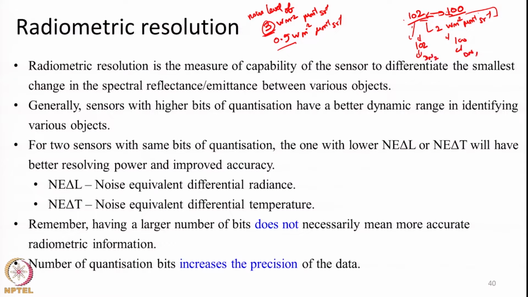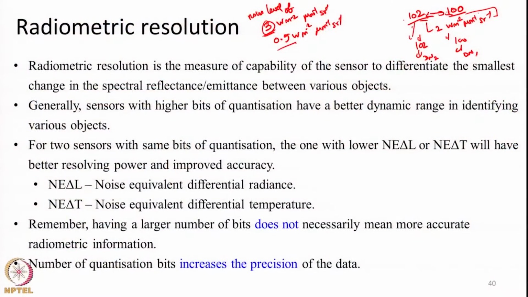So, the DN and the accuracy of the system, how much noise it will produce or how finely it can detect the difference between two signals, both combined together will determine the radiometric resolution of a sensor. One important concept to note is noise equivalent delta L, that is, noise equivalent differential radiance. I said all systems will have a constant, or maybe varying, noise level. At different radiances the noise level will vary. So, if this NE delta L is pretty low,